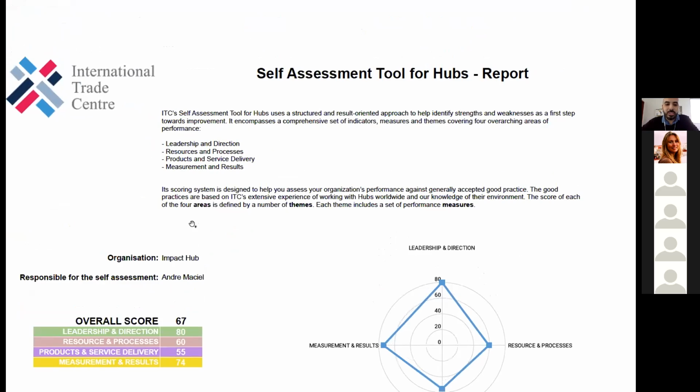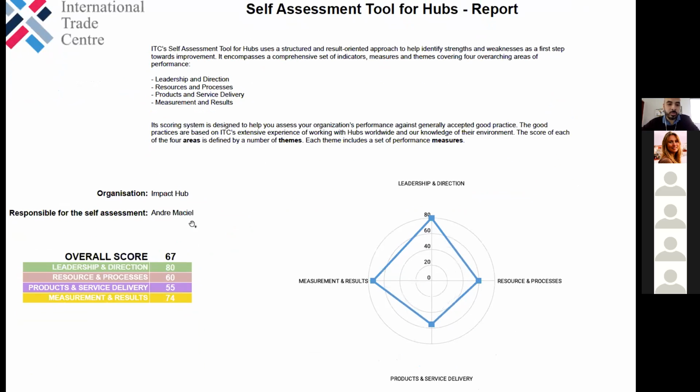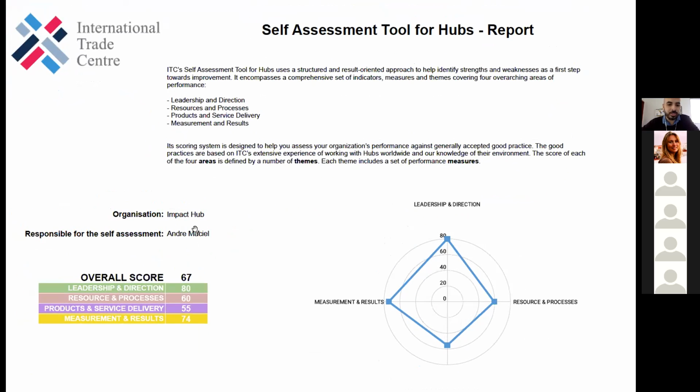On the first page, you have your overall score. This example is for my organization. I did it specifically, and I tried to answer the indicators as well as I could. So on the first page, you have your overall score. My overall score was 67. And you have the score for each one of the 4 areas: leadership and direction, resources and processes, products and service delivery, and measurement of results.